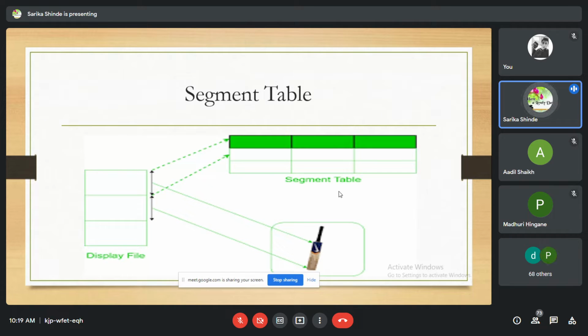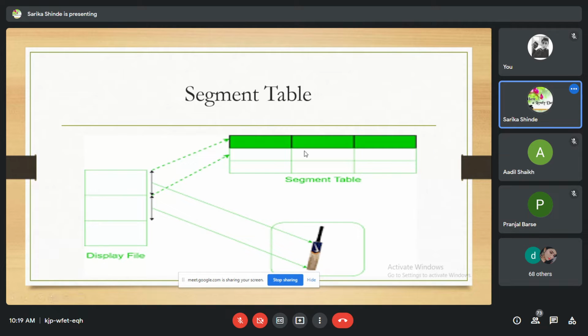In the segment table, we must know the segment start and segment size to know the boundary of the segment when a segment is selected to display. The instructions are read out from the segment start address. Then the segment table and display file need to work in correspondence.